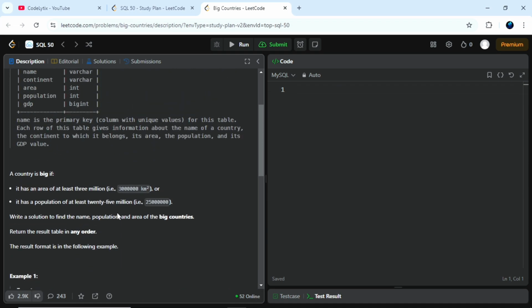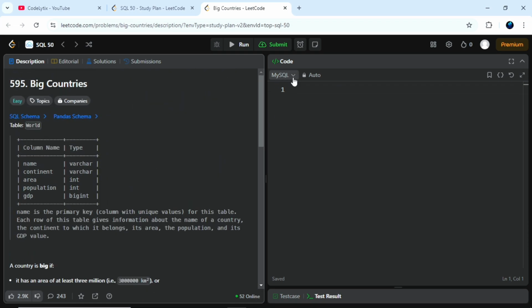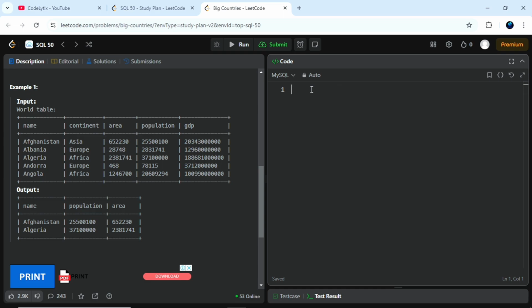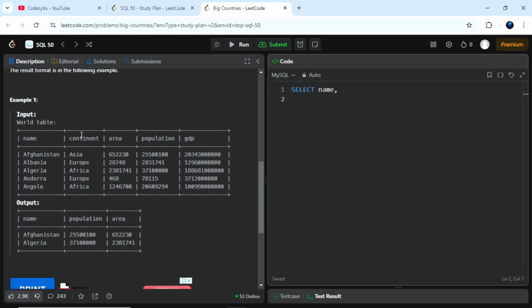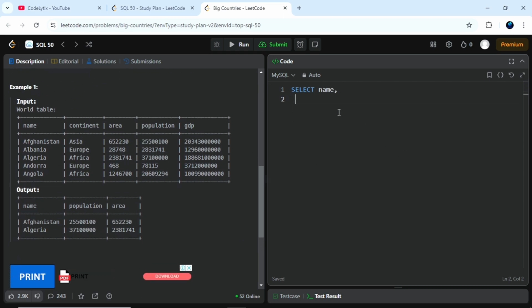So let's write the solution. For this solution I am using MySQL here. Okay, so let us start. I will write the select query here. Select, we need first name, then second is population, third one is the area. I need all these from the World table,